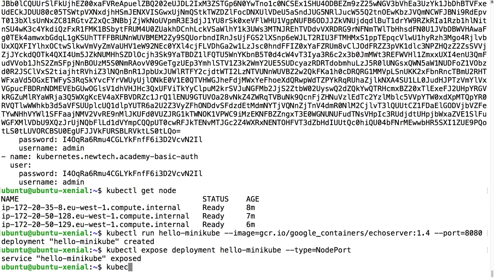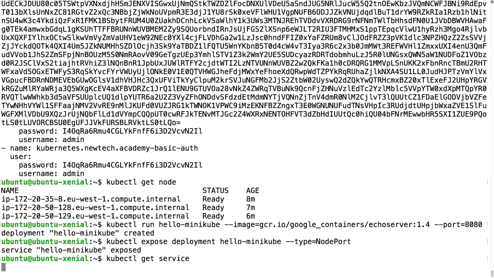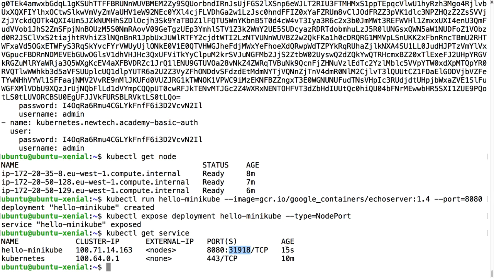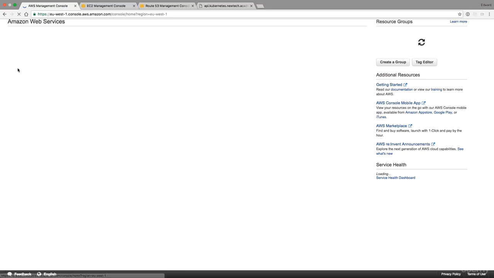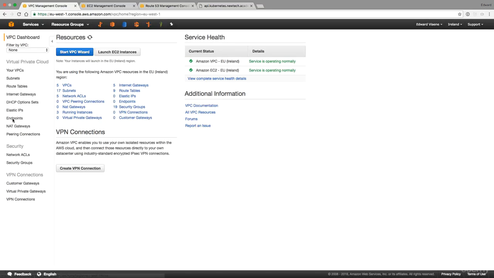What port we will be able to see using kubectl get service. So once this image is up, it gets assigned a port. So hello minikube is running, and this port is now exposed. So if we want to access it directly without a load balancer, we have to open this port in the firewall. In VPC management console, so if you go from the home screen to VPC, and then you go to